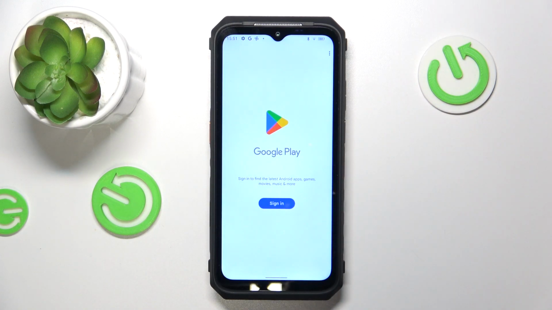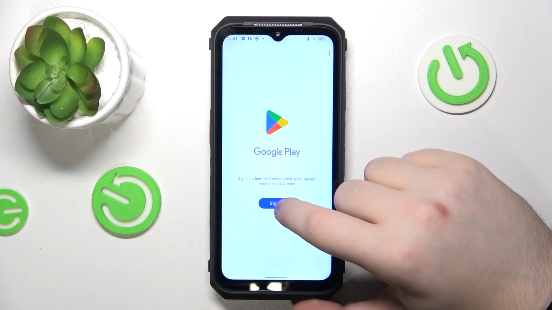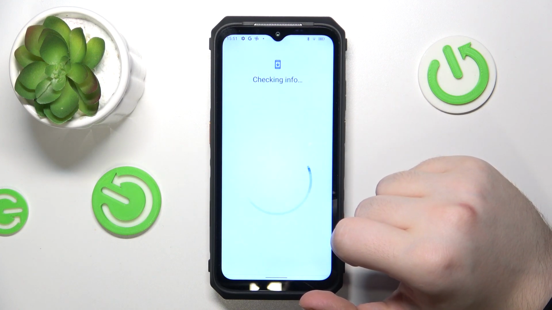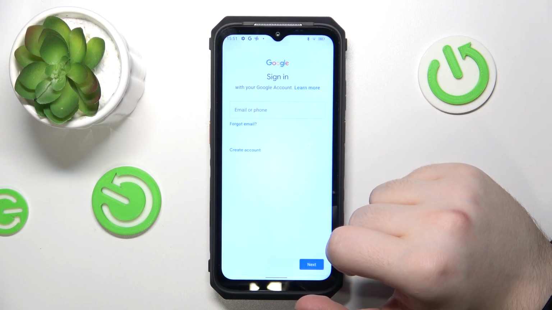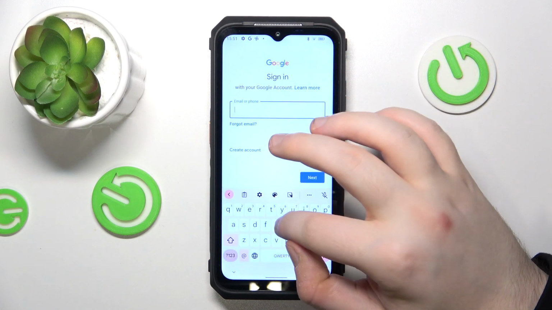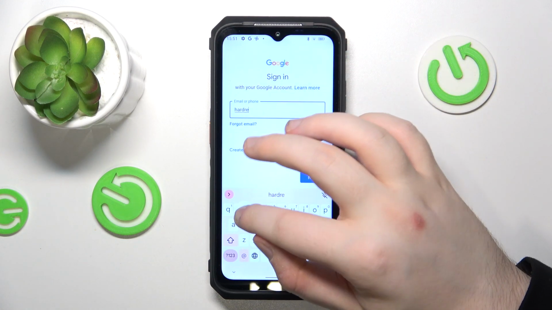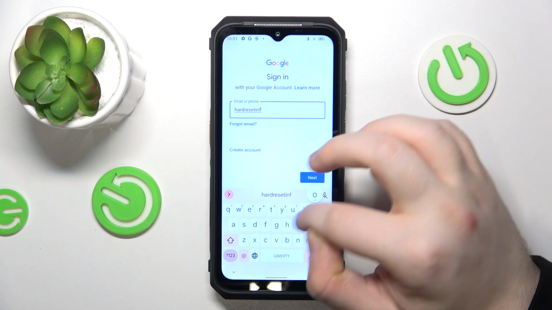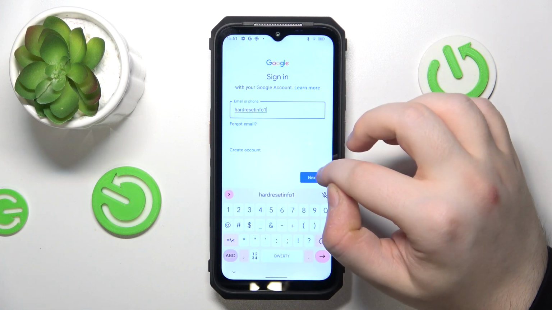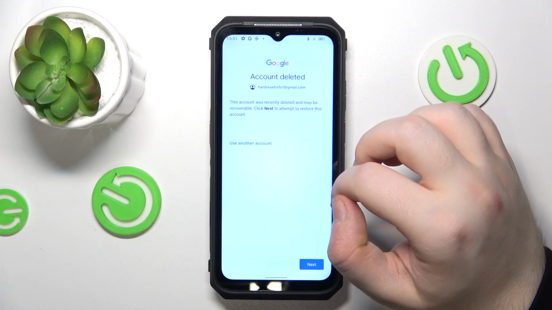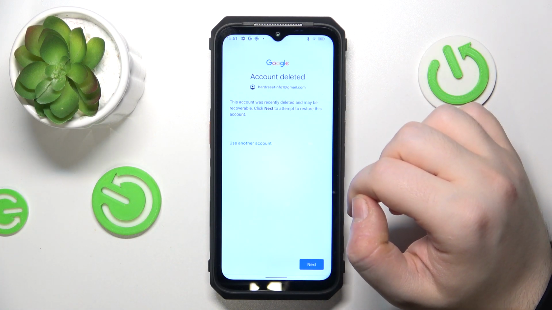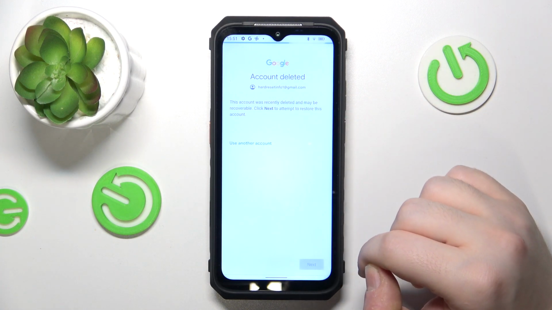Now your Google account has been deleted, but you can recover your Google account by signing back into your account. So let's type in your email address. Now you should see this screen and you can just click next